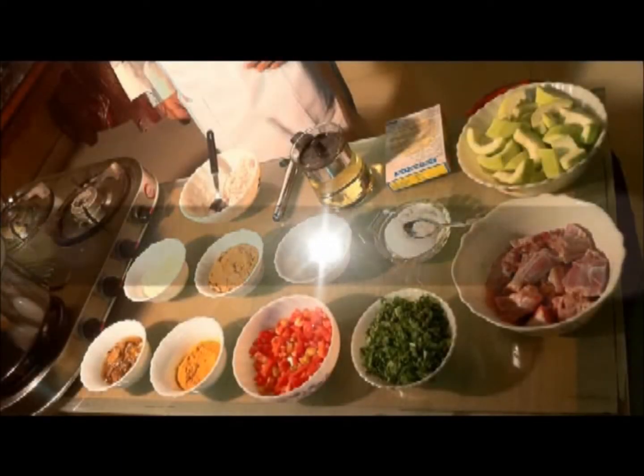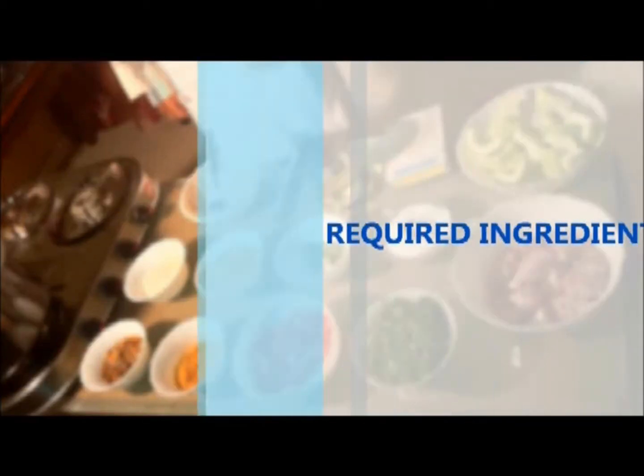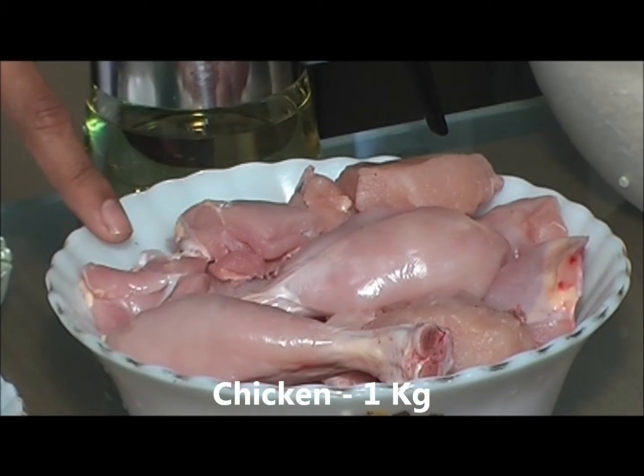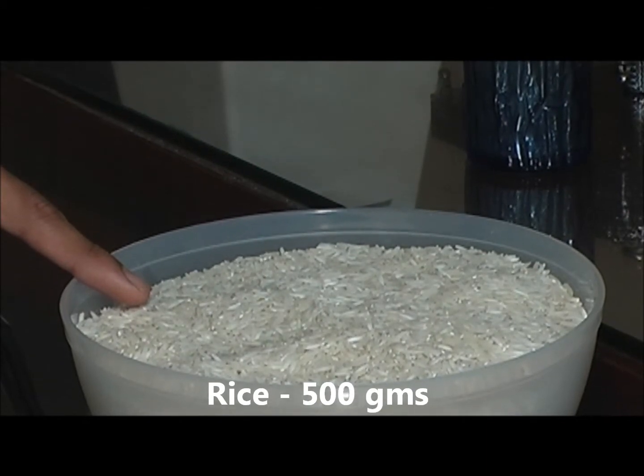Today we're going to make the Lazi's Lucky Chicken Biryani. To cook the Lazi's Lucky Chicken Biryani, you would require chicken 1 kg, rice 500 grams boiled with 8 cups of water till 3/4 tender,